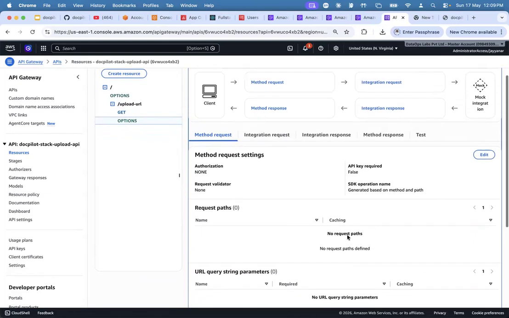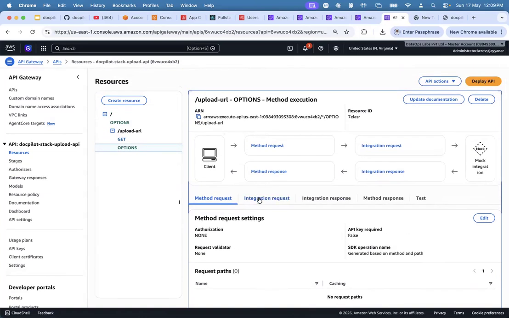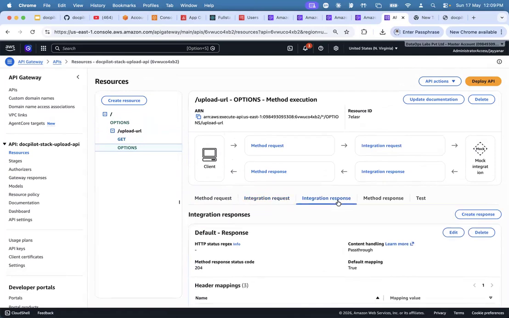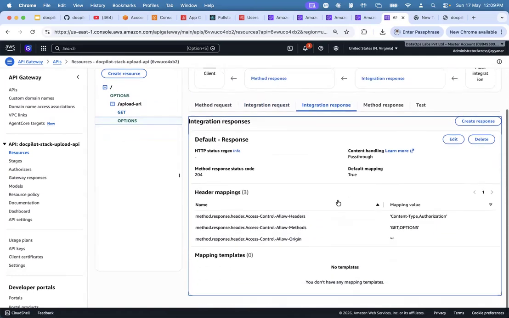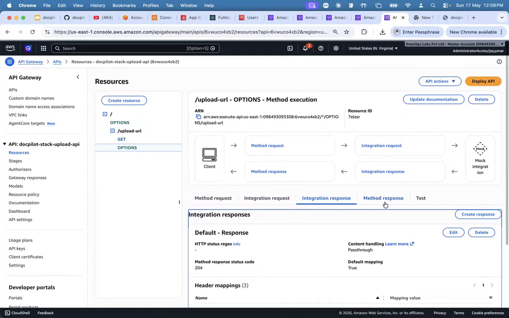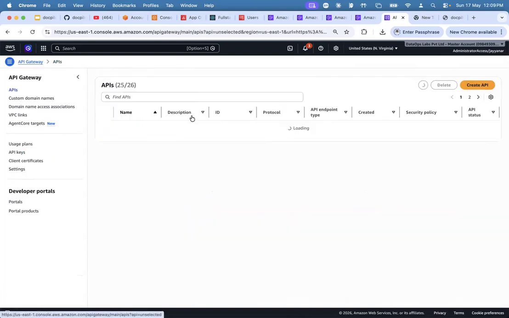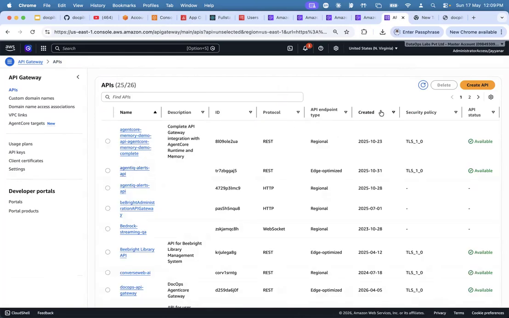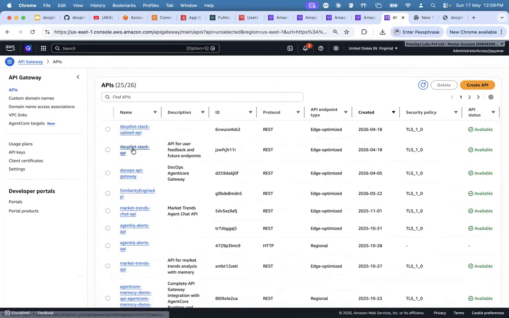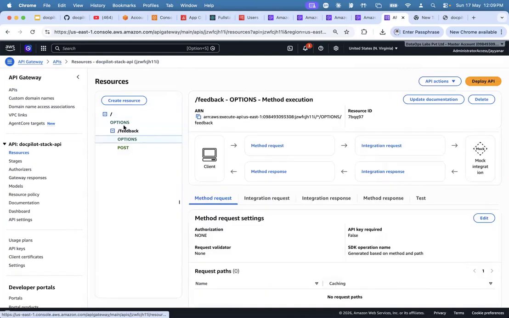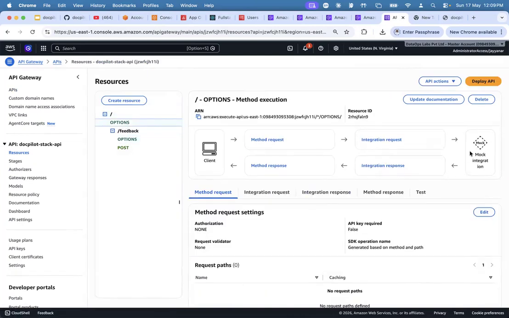Okay, I'll walk through the code and then I will show where these integration requests are coming from, because here it will bind to the API gateway. That's what I want to show you. From this request, we'll bind the API. This is the upload API. This is a stack API. This is for uploading the content whenever we are doing it from the UI.